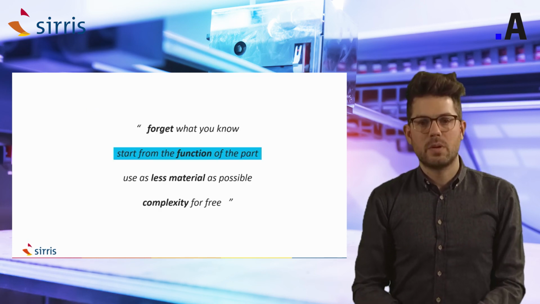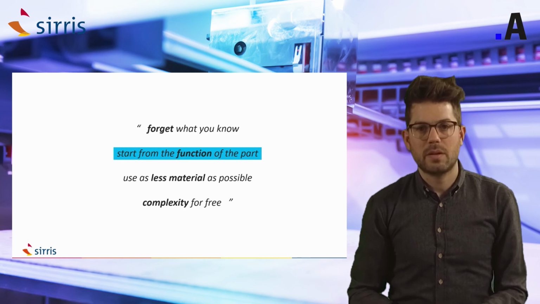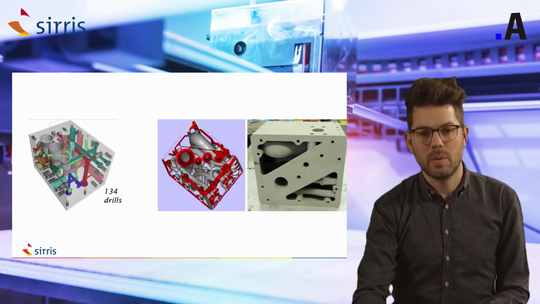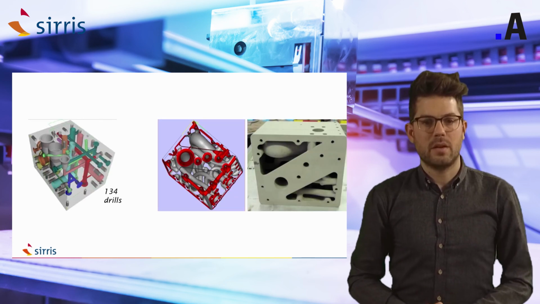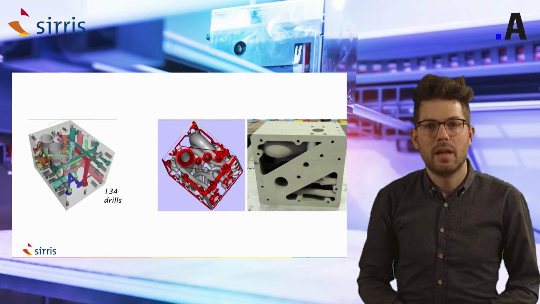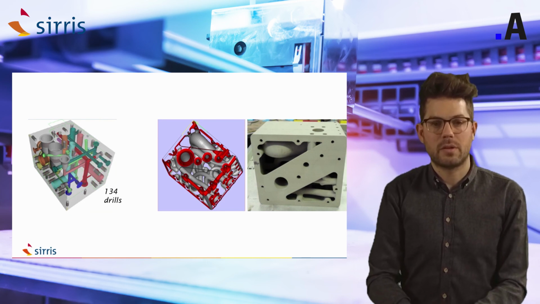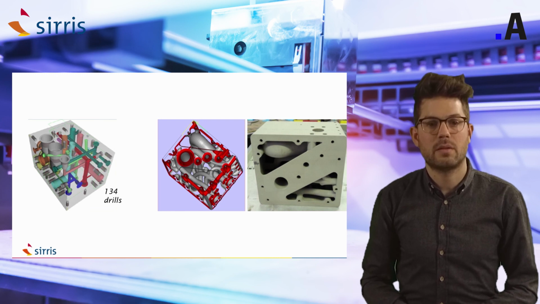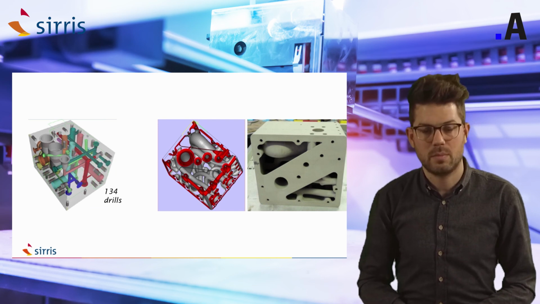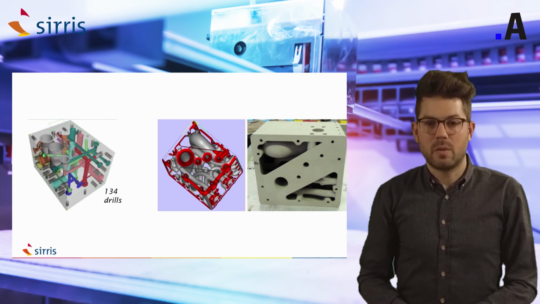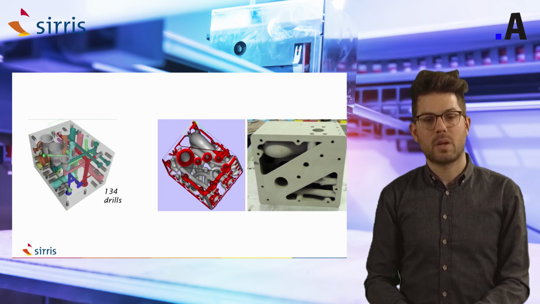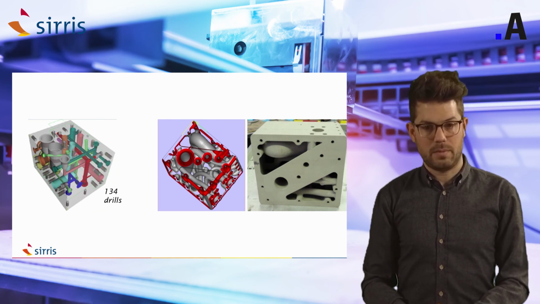And then we come to the last point, which is to start from the function of the part. And I will explain this with a rather easy example. As you can see on the left, this was a part which was conventionally made out of a block of steel. And by using 134 drilling operations, they created a quite complex network of channels within this block. Now, this was quite complex to do,